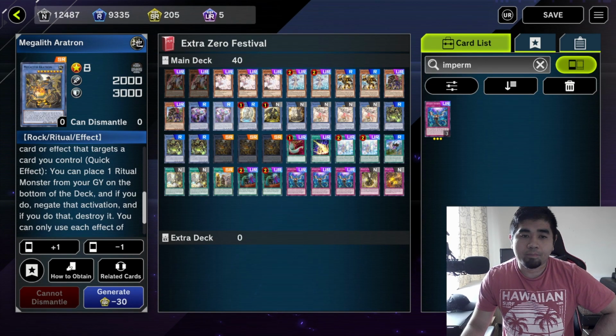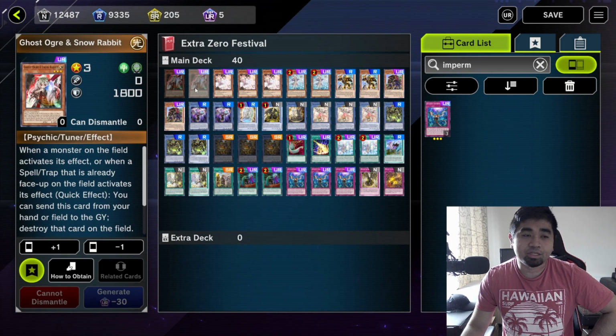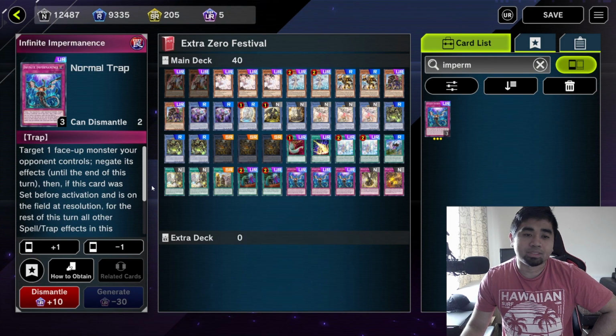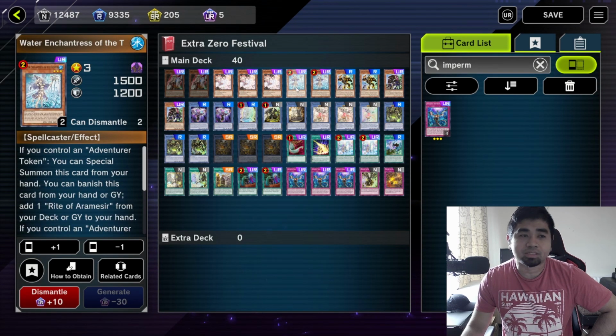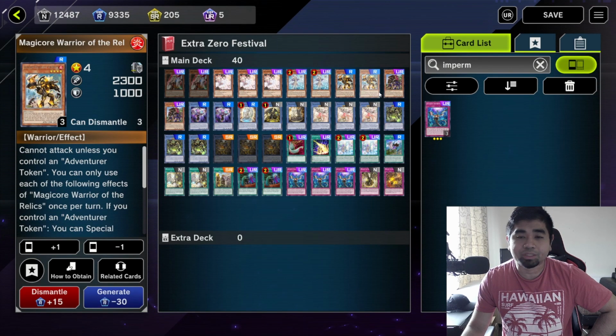So basically the addition also is 2 copies of Snow Rabbit, which of course is pretty good. 3 Imperms, and well, that's basically just showcasing the deck. So Ghost Ogre, 2 copies of that, 3 Ash Blossoms, 2 Water Enchantress, 2 Magic Cores, because